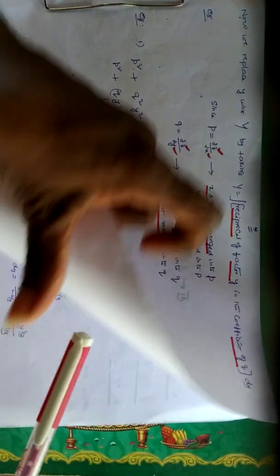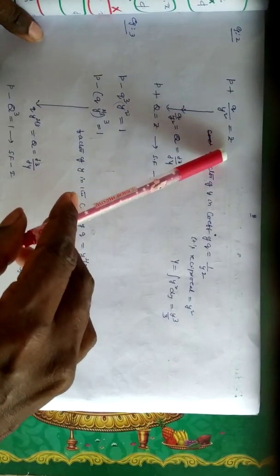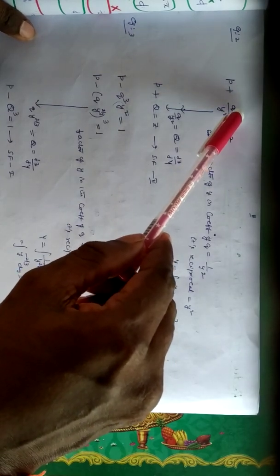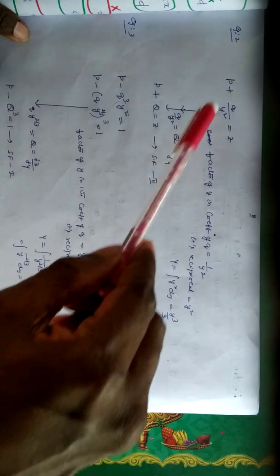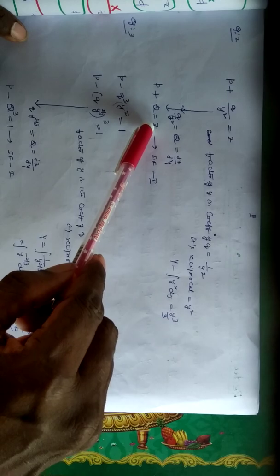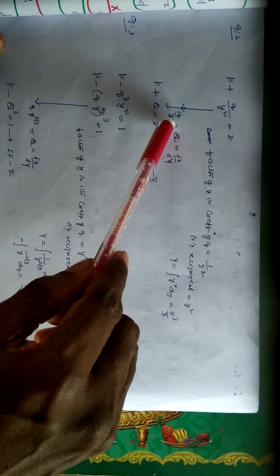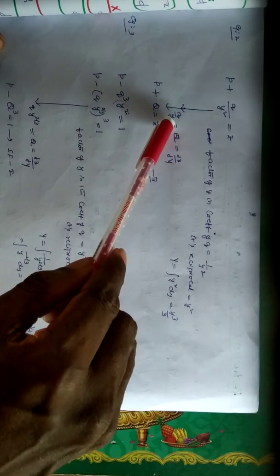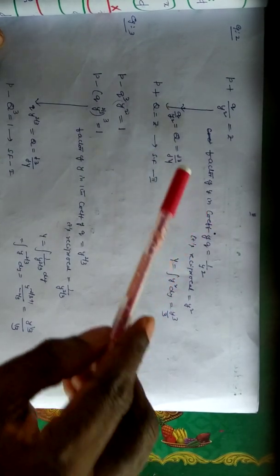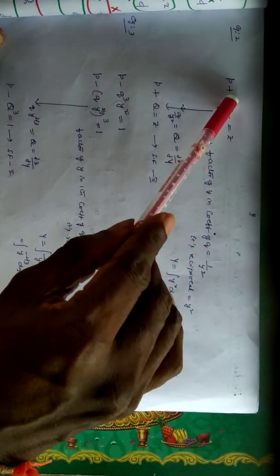In this example, we have p plus q by y square equal to z. If we write q by y square equal to capital Q, then the given PDE becomes small p plus capital Q equal to z. That belongs to standard form 2. For this, we merge small y square into small q. For this, we take capital Y. For the formula of capital Y, we consider the factor of y in the coefficient of q. The coefficient of q is nothing but 1 by y square.